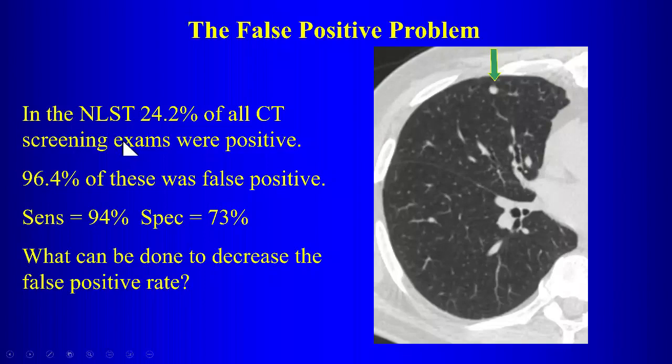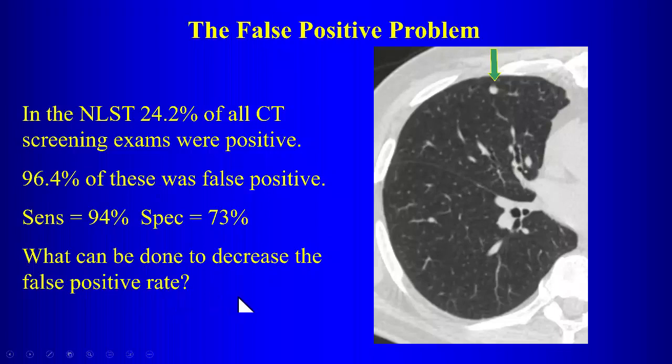In the National Lung Cancer Screening Trial, remember their criteria was 4 millimeters. 24%, almost a quarter of all the patients they screened had nodules, but they were small nodules. Right? So in the long run, over 95%, about 96% of those were false positives. They were small nodules, they were probably inflammatory, and were not lung cancer. So the specificity then is low, because most of the nodules that you're going to detect, especially as you make your threshold lower and lower in terms of diameter to call a positive nodule, most of what you find for the small nodules are going to be benign inflammatory lesions.